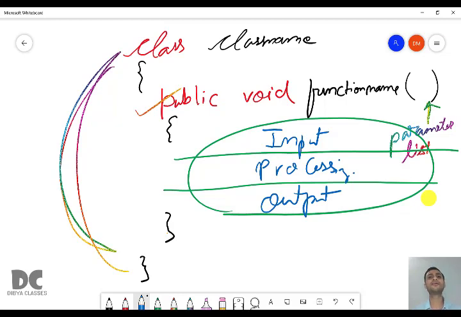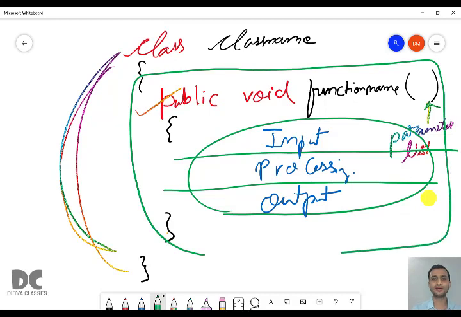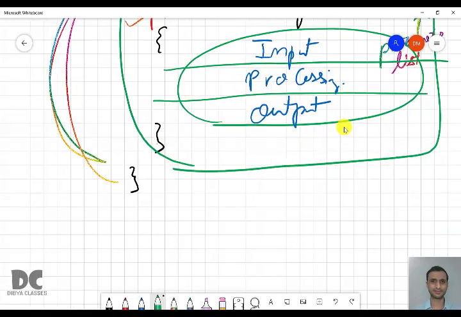And this input, processing and output, everything will be written in this function, public void. Inside this function, you have to write input, processing and output. Every time it will follow the same process: first you do the input, second the processing, and third the output.